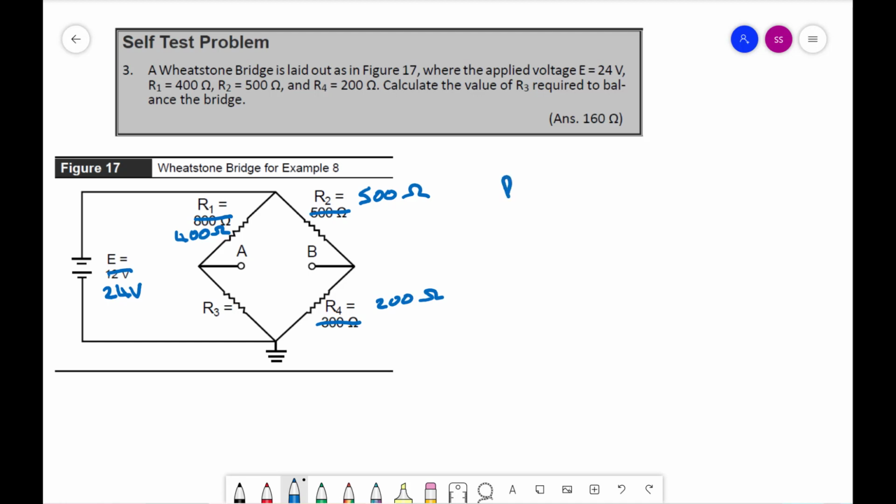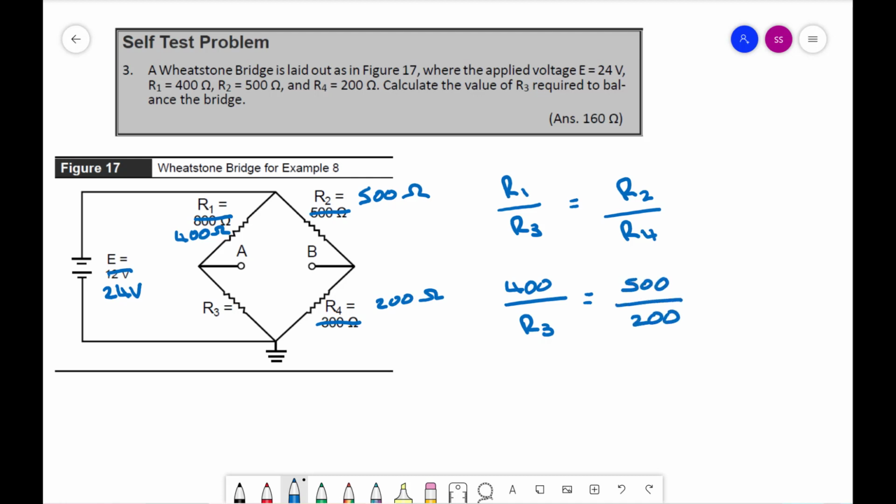So my formula, as I would remember it, would be R1 divided by R3 is equal to R2 over R4, where R3 is our unknown resistance. So substituting the values in, that's going to be 400 divided by R3 is equal to 500 divided by 200. If we rearrange to find R3, it will be equal to 400 times 200, all divided by